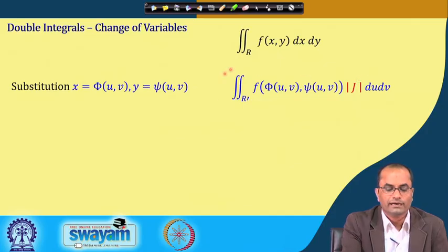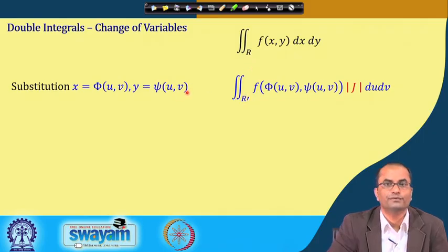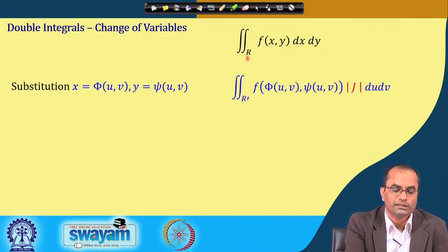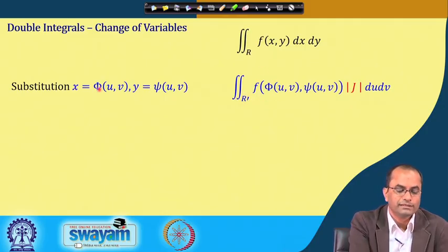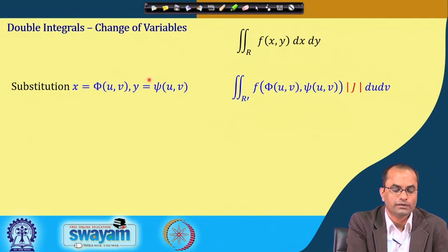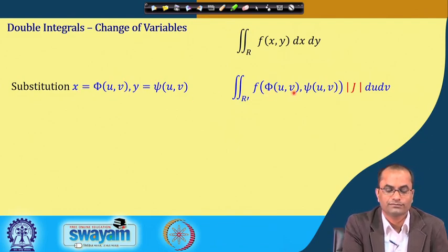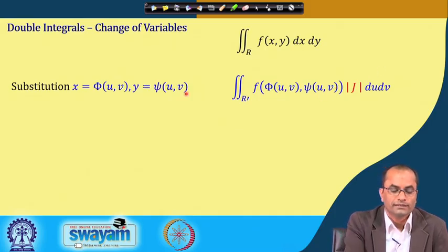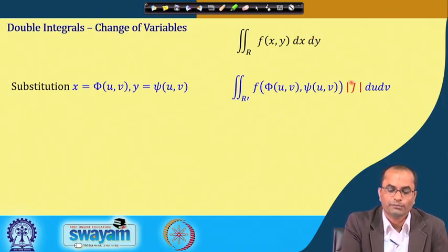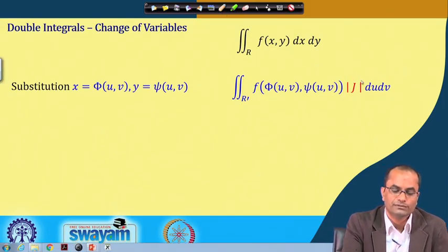So, having this, we have this integral here over the new region, I mean the same region, but for the new variables u and v. So, that is what we have used here, a different notation r prime, and then we straight away substitute here for x this phi, and for y we will substitute this psi as a function of u v. Naturally, for the dx dy we will get this du dv, but with another factor which we have just